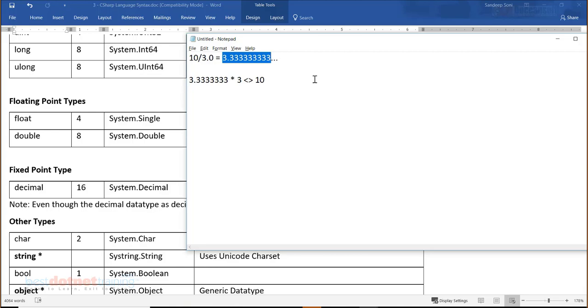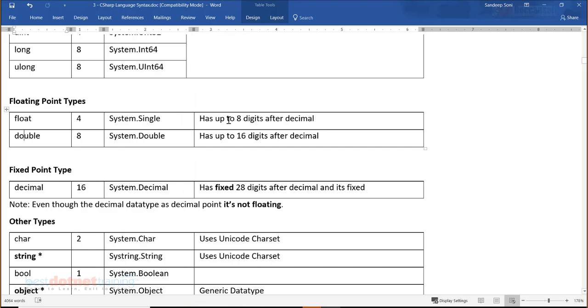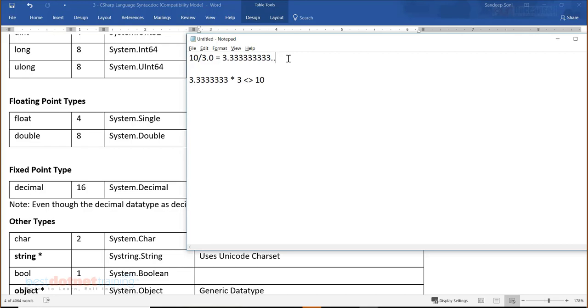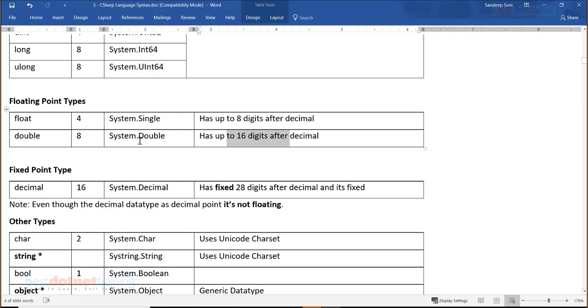So whenever we are dealing with float and double, there is data loss. Which one loses data more? Obviously, float will comparatively lose data when compared to double, because we know pretty well 3.3, and if I compare 3.33, which one is more closer to the actual value? This is more closer to the actual value comparatively, and this will be much more closer to the actual value. So more the number of digits after decimal, more the closer value to the actual value. So when we don't want to lose the values, we prefer something like double instead of float.